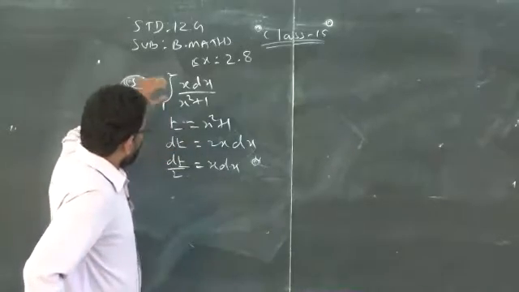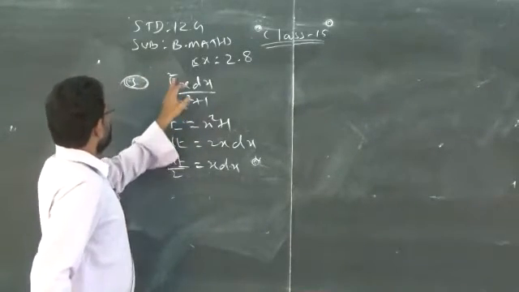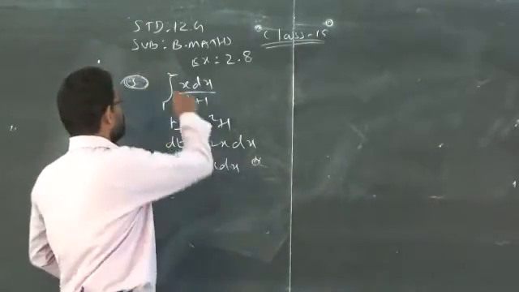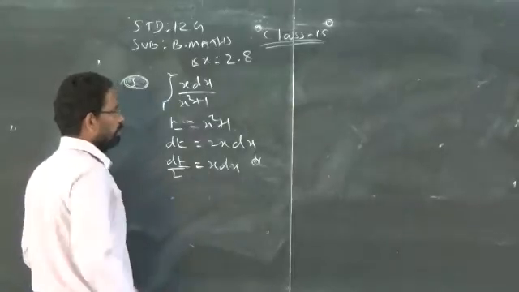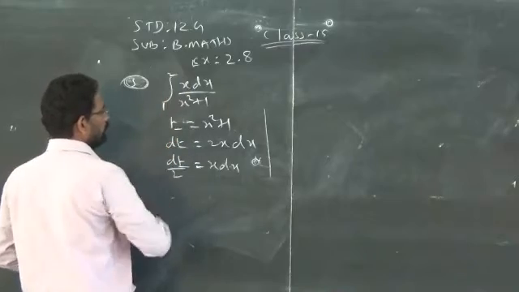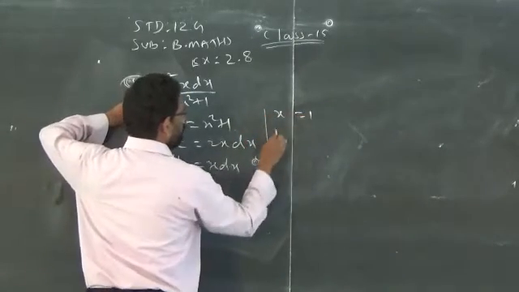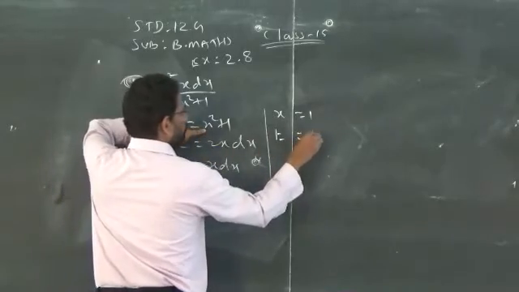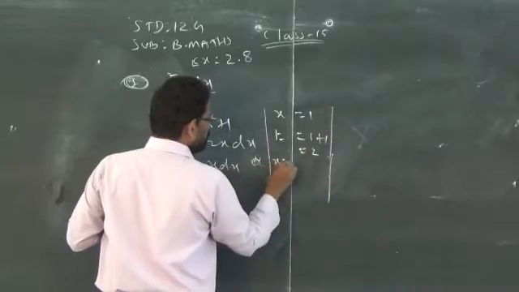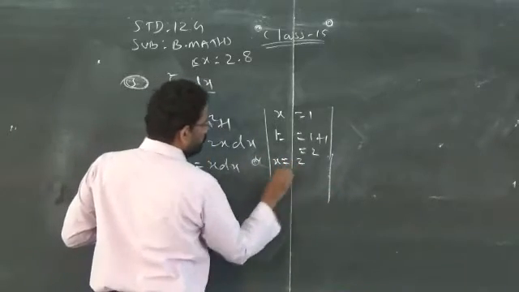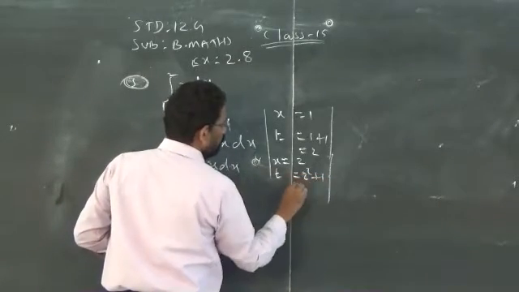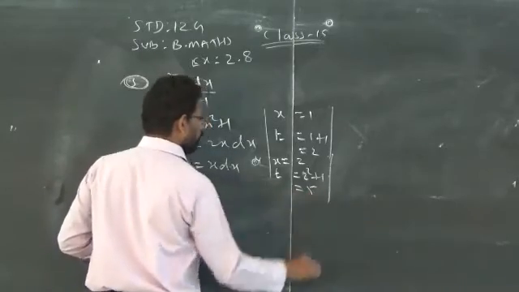Clear? So once you go for the t method, that is the substitution method, you are supposed to change the given variable in terms of that another variable t, not in x, because this limit is only for x variable, not for t. Therefore, I am converting the x limits into t. So when x is equal to 1, what is your t value? Replace x by 1, 1 plus 1, that is 2. Then x is equal to the upper limit 2, so what will be the t answer? 2 square plus 1, 2 square you know how much? 4, 4 plus 1, 5.